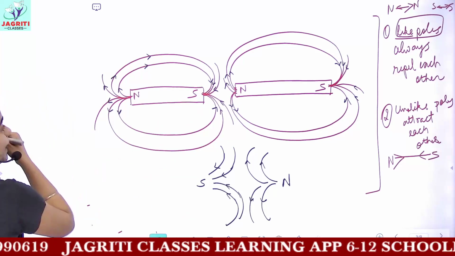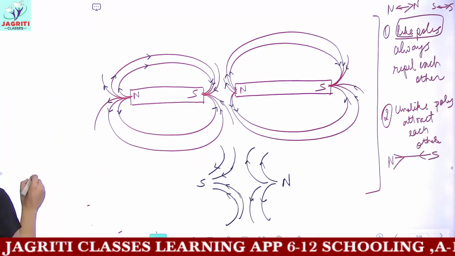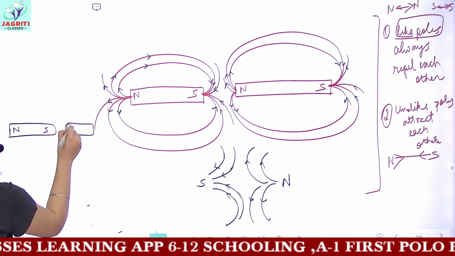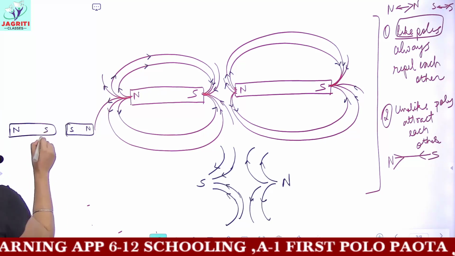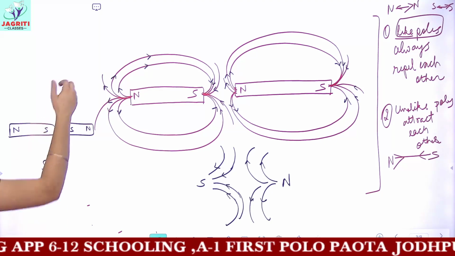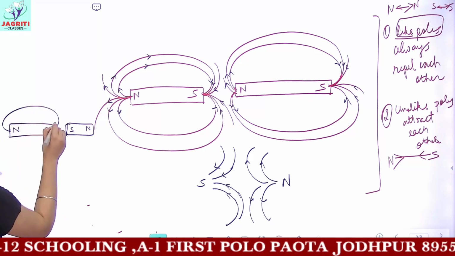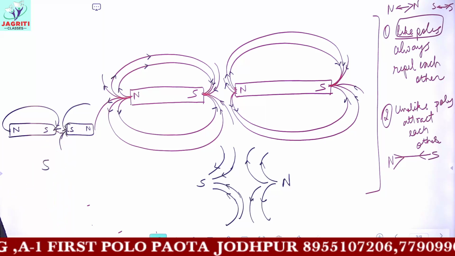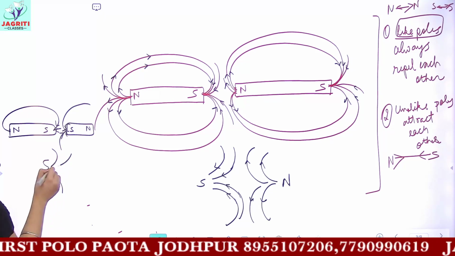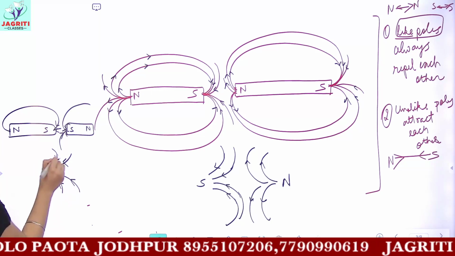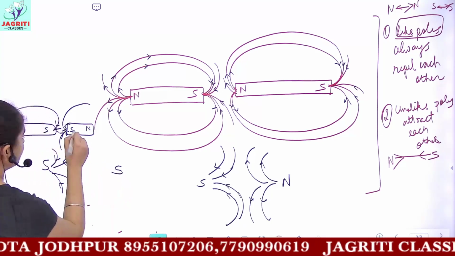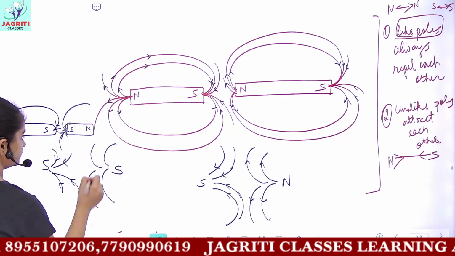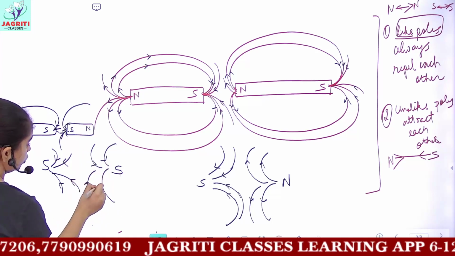But if I take the magnets keeping two like poles here, that is, this is my first magnet, north and south, and this is the second magnet, south and north, what would happen for this south? The magnetic field lines move towards the south. So here also the magnetic field lines would have this direction. Here the direction of magnetic field lines would be in this manner. For the next south pole, this pole, the direction is towards the south.